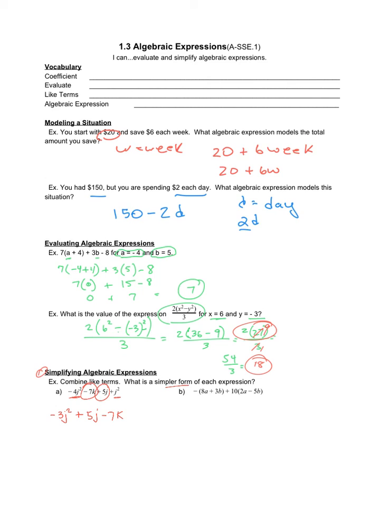For the following example, you are going to have to do some math operations first before you can simplify, because we have multiplication going on here. So I need to distribute my negative